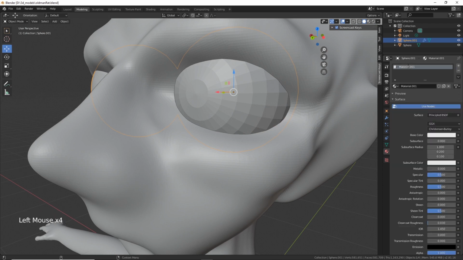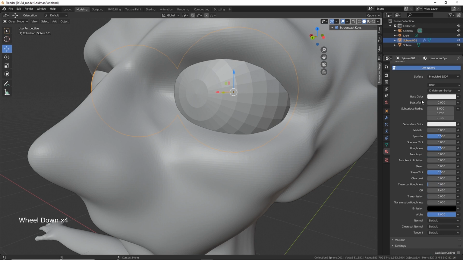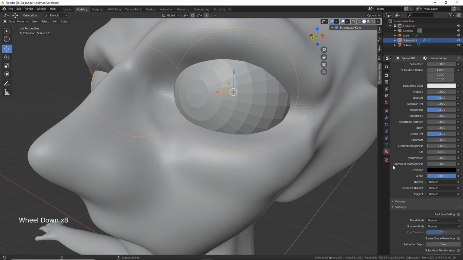Call it transparent eye. And all I really care about here in terms of the transparency is just down here on the alpha. I want to take that down. Nothing happens. But if I go down to blend mode, right now it's set to opaque. If I set that to alpha blend,